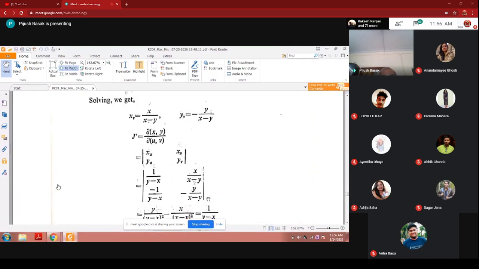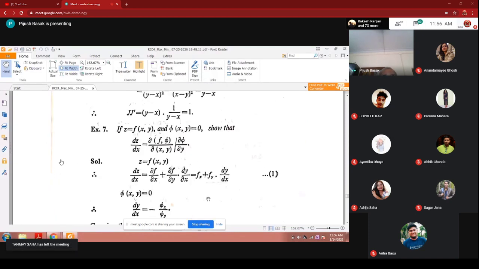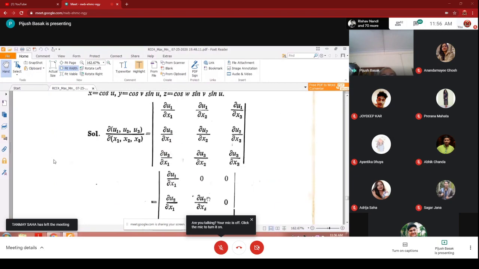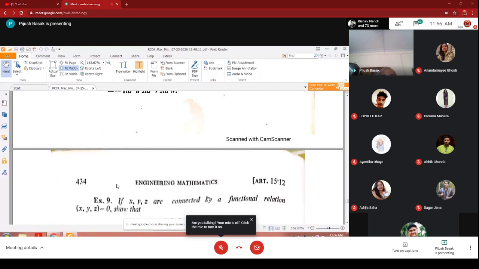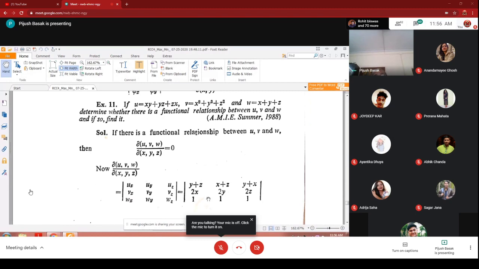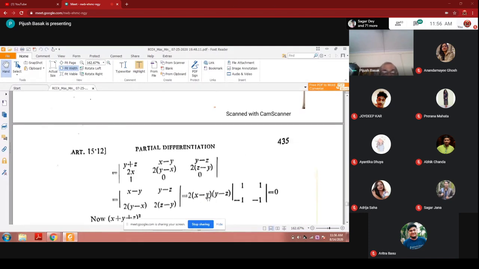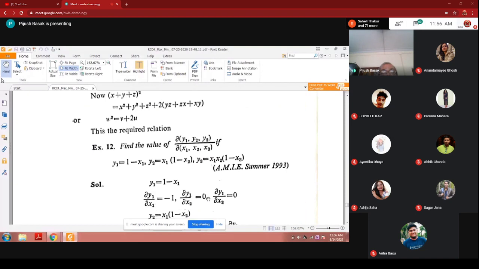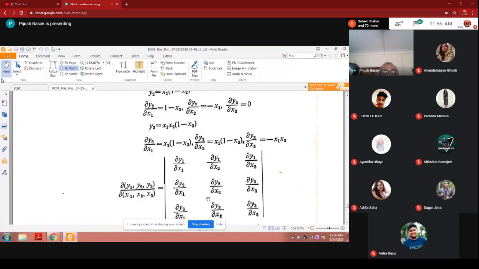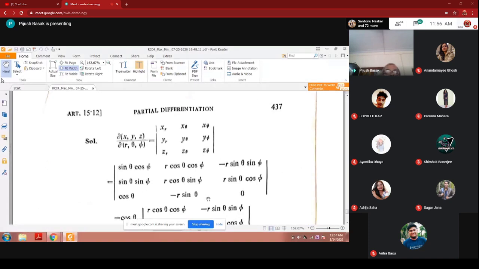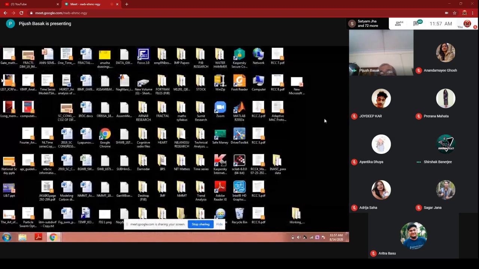There are other examples, and you should work them out with the same procedure. If I keep on going, I am wasting my tutorial time. You are good students, you can work this out. The more you work out, the better your result will be. So I am leaving this slide. I have already sent you this literature. So I will start now with vector calculus. I am sharing the other slides.